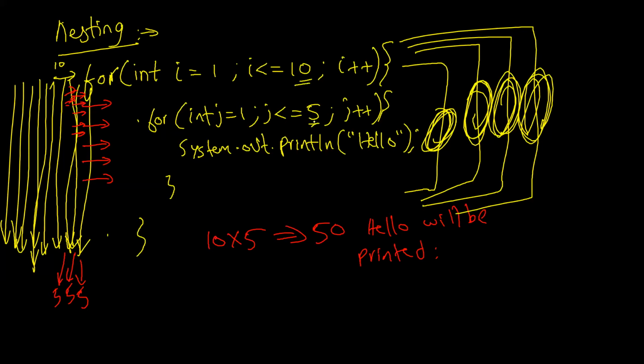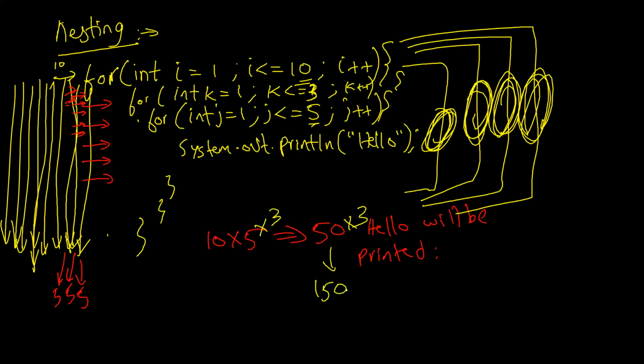Okay? 10 into 5. If I put one more loop outside like this, okay? Something like for k equals 1, k is less than or equal to 3. K plus plus, right? So if at all I do something like this, it will be 50 into 3, right? That is 150 times the thing will be printed, because for every time this will be running, this thing will